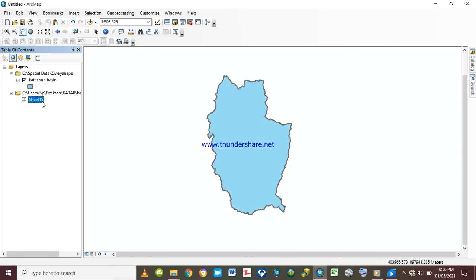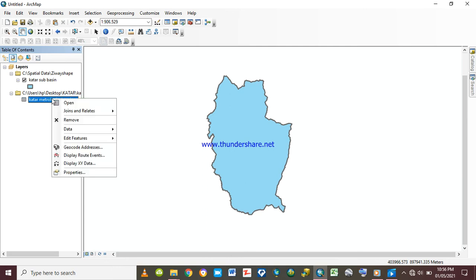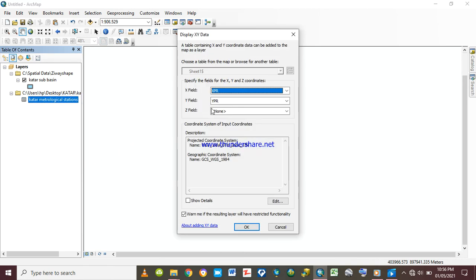By clicking twice here, in the same manner, let's rename this one Qatar meteorological stations. Then, for the Qatar meteorological stations, by right clicking you have to add display XY data. Firstly, longitude and latitude terms must be changed into X and Y